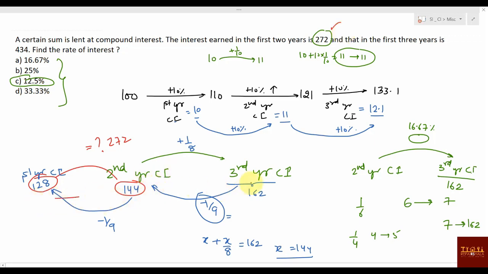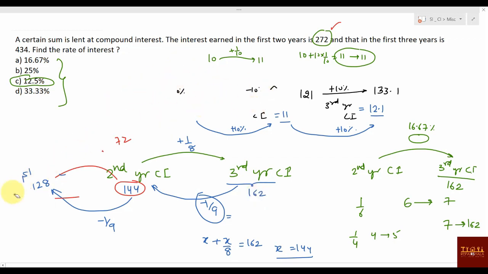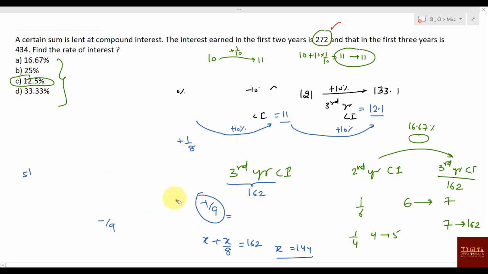Add all the 3 and check whether it is 434. Check the unit digit itself. 8, 4, 12, 12 to 4. Yes. It will be 434. Clear? So this analogy you can follow. I'll tell you another analogy and that will be super easy. Maybe I'll do it in the next slide itself.